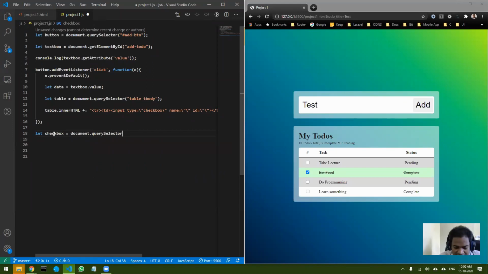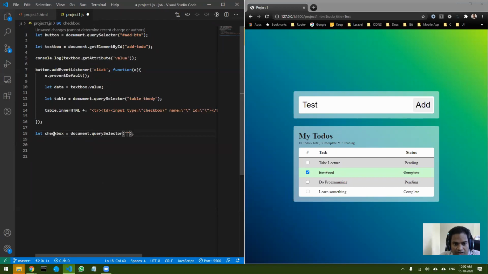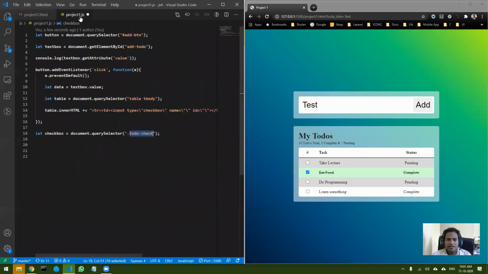If I do querySelector, it will not work, and I will show you why. I have used querySelector, and I have used a dot because it's a class, right? And I am doing todo-check, that is the name of the class. Now when I do this, this will only return the first checkbox.